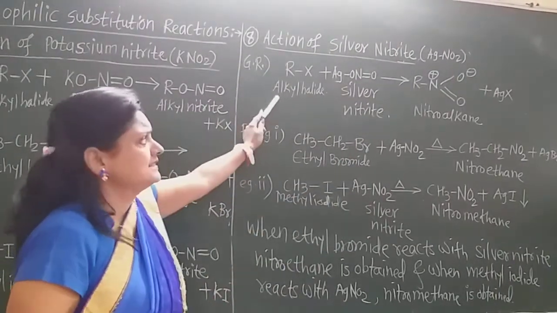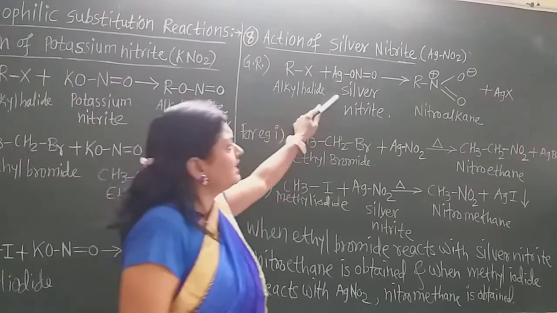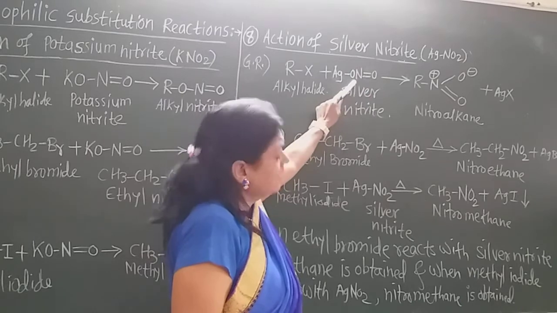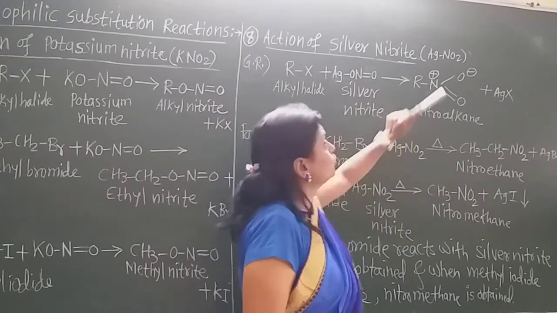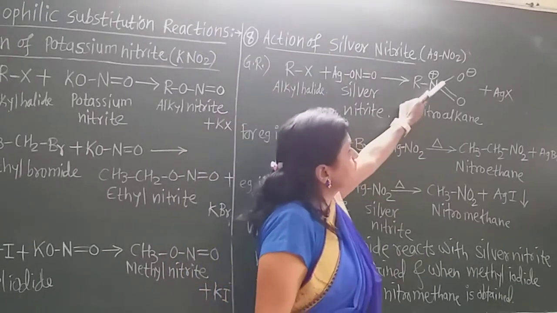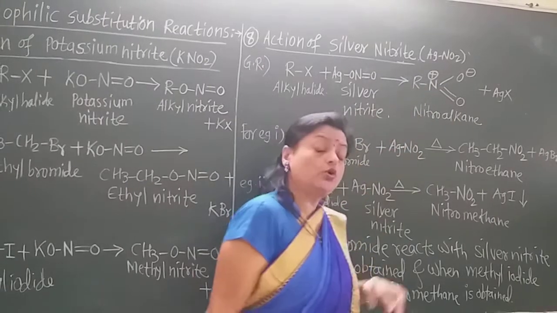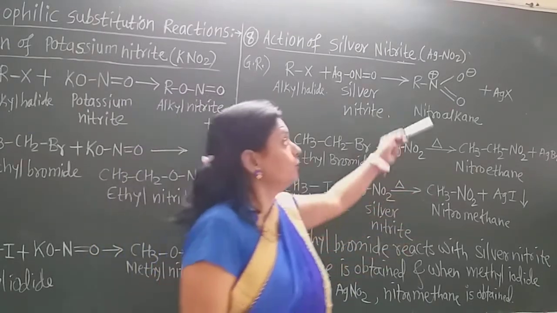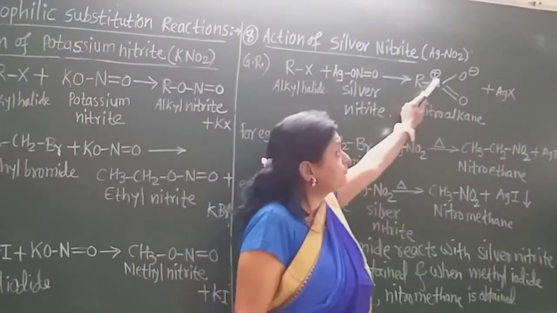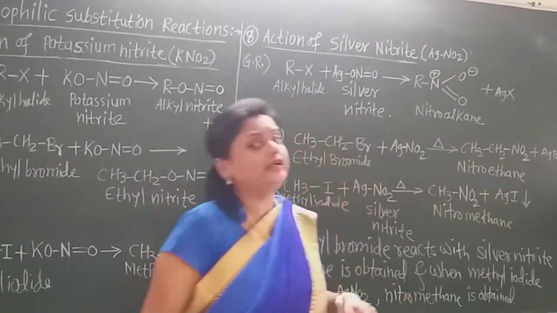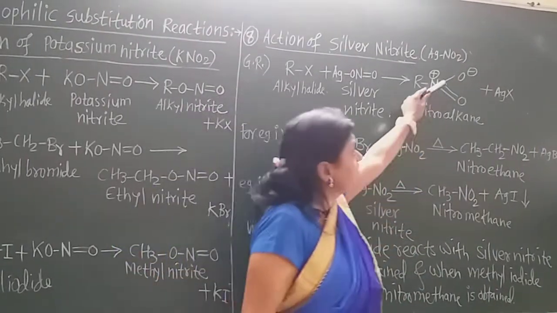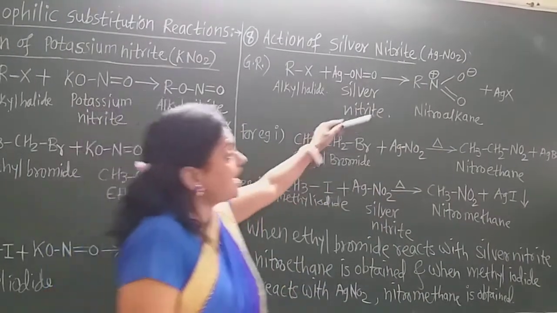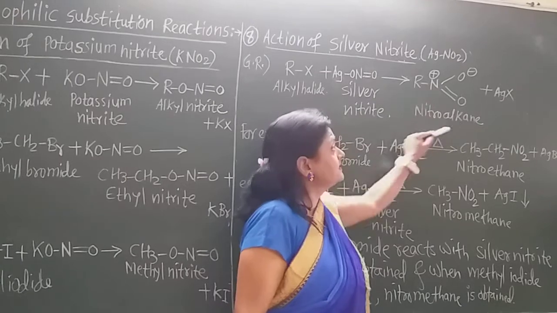Now see here, this is the general reaction. Alkyl halide reacts with silver nitrite, AgNO2. But here attachment is from the nitrogen. Nitrogen acquires the positive charge because there are 4 bonds around the nitrogen, and we know that around nitrogen there are normally only 3 bonds. So the lone pair is used up, so there is the positive charge. And this oxygen always has 2 bonds around it, but here only 1 bond, so this is the negative charge on the second one. So this is RNO2, that is the nitroalkane.